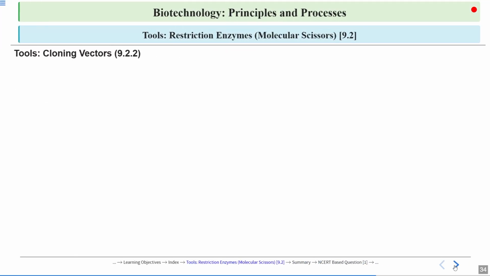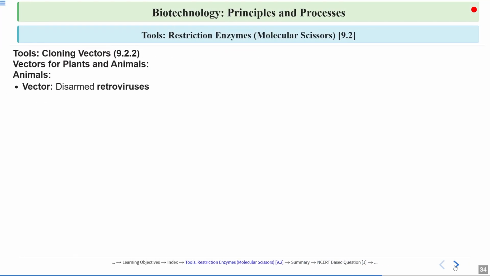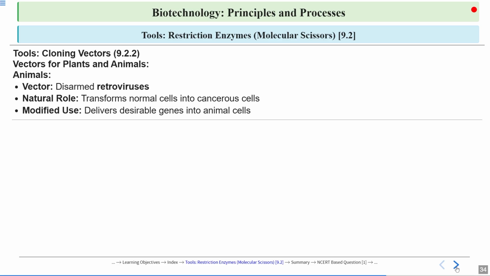Okay. Same for animals, we have seen that a retrovirus is responsible for making a normal gene into a cancerous gene, as it transfers genes into normal cells and makes them cancerous. But if we disarm this retrovirus, we can utilize it to deliver the desired gene in animal cells also. Okay,